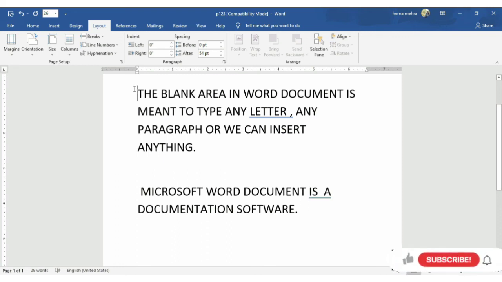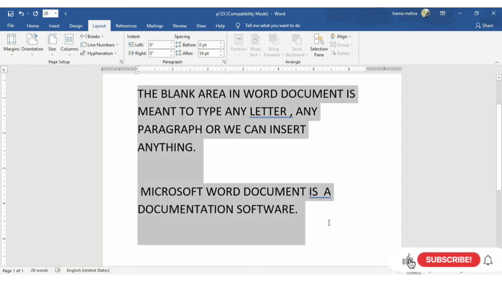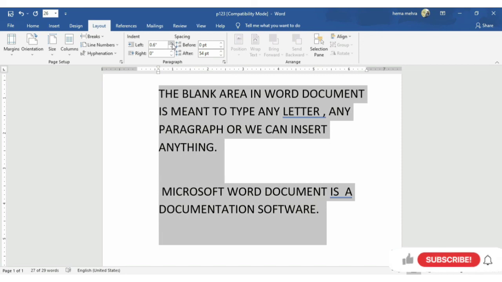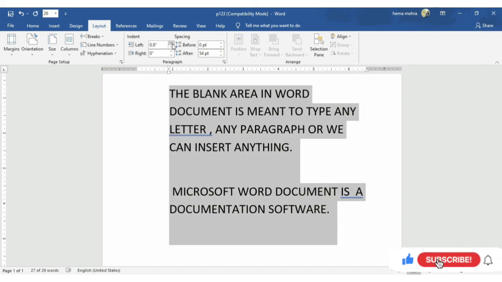For changing indentation, again we have to select our content and go to the Page Layout option. Here you will find the Paragraph group, and here the Indent tool is given. Increase the indent on the left side. When you press increase left indent, your document automatically starts moving towards the right side.